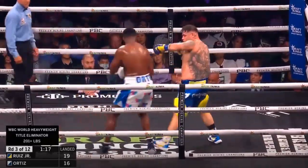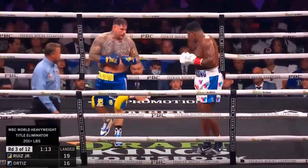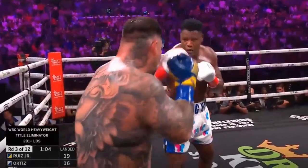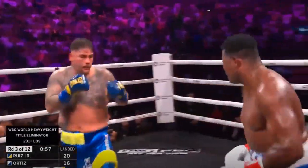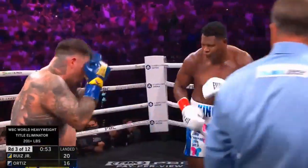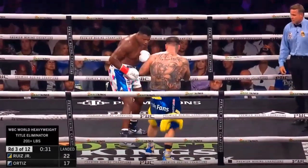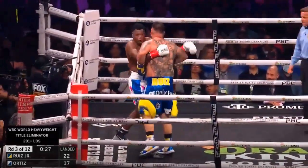That nice rhythm. He's doing it, but he needs to be moving that head, shaking a little bit more. Lennox, have you ever faced, forgive my ignorance, a fighter where you just had to stay back? Tua wasn't that type of guy, Tyson wasn't that type of guy. Oh, no, I haven't faced a fighter like that yet. You land a punch on him and you go, wow, I'm doing good. And then, bam, he comes back, Ruiz. You're right, I know Ortiz has learned that already. But he's just not very...